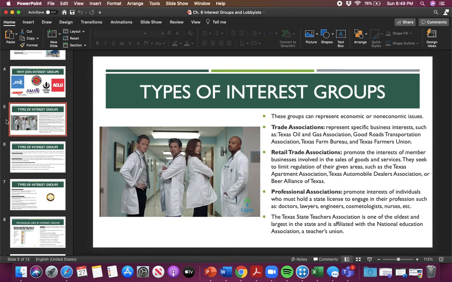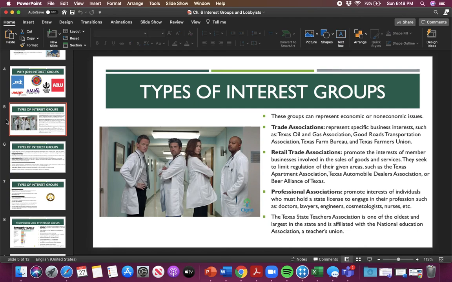These are all tied to a particular trade. And when we talk about a trade, we're typically talking about a field of work that you learn through practice. You don't necessarily have to have a college degree. So like the Texas Oil and Gas Association would advocate not only for oil and gas, but also for oil and gas workers,